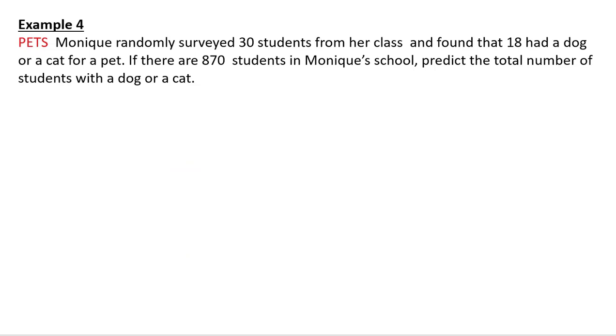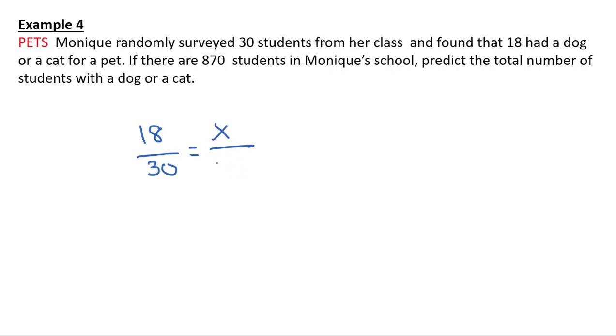Okay, number 4. Monique randomly surveyed 30 students from her class and found 18 had a dog or a cat for a pet. There are 870 students in Monique's school. Predict the total amount of students with a dog or a cat. Okay, so what she's doing is she's taking a poll, like what you do when you poll for an election. They poll a smaller group to look at what's going to happen with the whole election. So she found that 18 out of 30 from her class, we're going to assume that it's somewhat proportional,